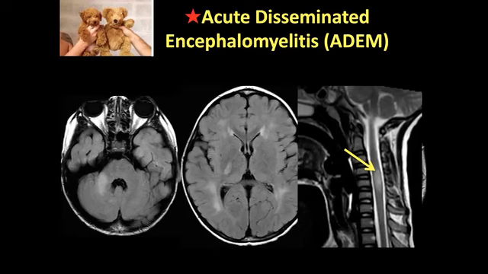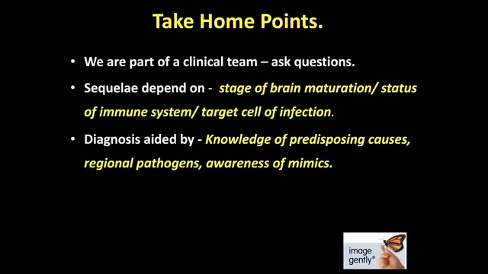So that was a very quick run through infection and giving you some idea of how we manage it in a middle income country, what we see, what we think, and what our guidelines are, and how we would image cases, and what process we go through when thinking about differential diagnoses. Remember always that we're part of a clinical team, and I think sometimes we don't ask enough questions because we're getting all of the requests coming in through RIS systems, and we've become a lot less interactive with our clinicians than we used to be.